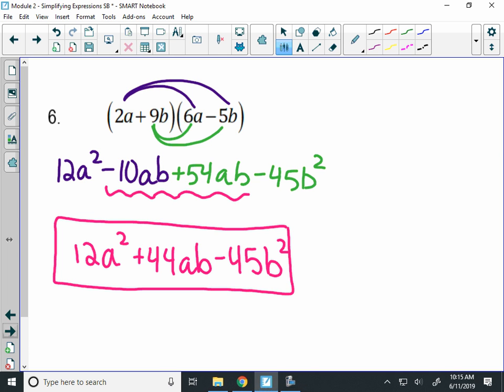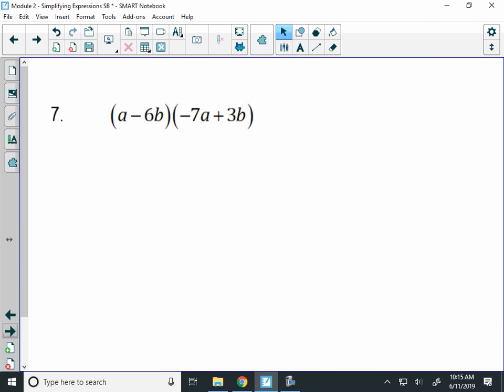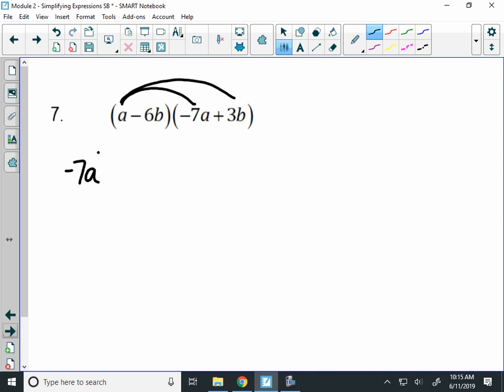That's the final answer. Now number 7 is just like number 6. So I'm going to start by distributing the a to both terms in the other binomial. -7a squared plus 3ab. When I distribute the -6 to both, I'll have negative times a negative is positive